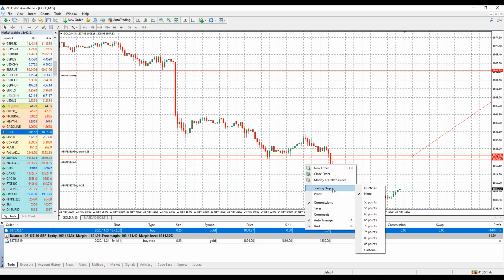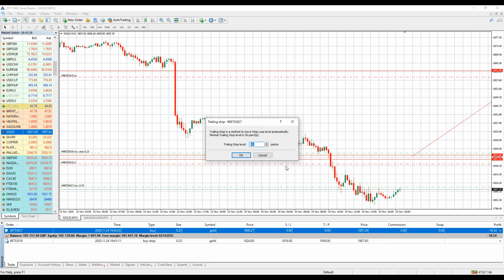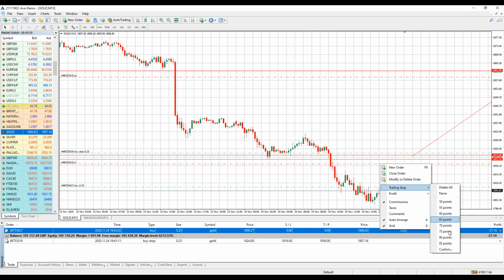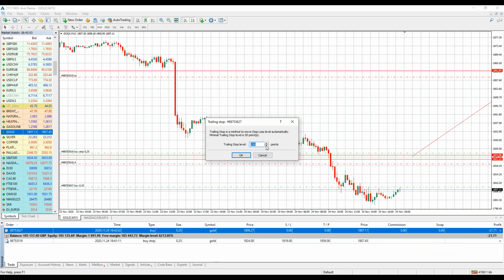Here's trailing stop. Very easy. Trailing stop, pick the number of points back you want, or you could do custom. 100 points, 400 points, 1,000 points, whatever you want. Once you click OK, let me put, I don't know, 250 points. I don't want it too close or it'll trip right away. Okay, now you can't see the trailing stop. Here's my open trade. I can't see that there's a trailing stop. But if I go here, right click, trailing stop, and custom, I can see that I have that price. Okay, trailing stop, it has the order number. Okay, so I know it's there.